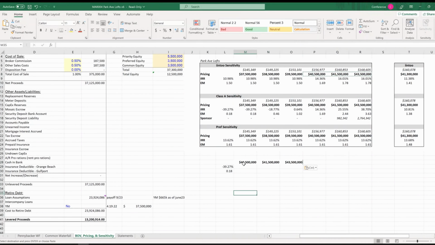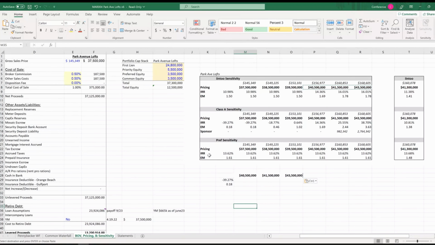I want Excel to go through this model, and I want it to plug 40 million in my input and tell me what these would be, a what-if. I want it to plug 41 million in my input and tell me what these would be. Same thing for 43. I don't want to do it manually. I want it to do it for me. So I select this, and I have my independent variable on top, my dependent variable here, and I go to